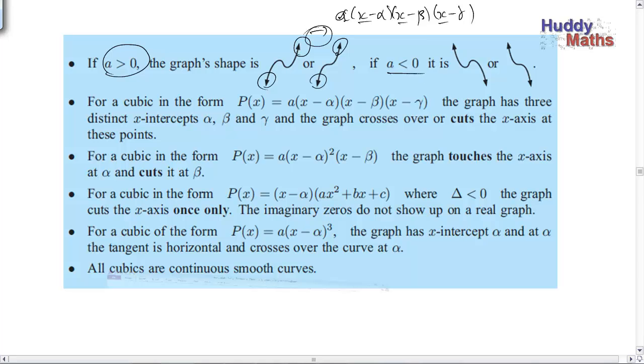If a is less than 0, x by x by x is x cubed. For large positive x out here it will be positive, but multiplied by a, the negative in front, it will go down. So it's either going to have those 3 intercepts and go down, or point of inflection and go down. So the idea is that the behaviour of a polynomial is really controlled by that leading term, isn't it? Because as x gets very, very big, these other terms slide into insignificance. And the controlling term for values high up for x, as x tends to positive infinity or negative infinity, are